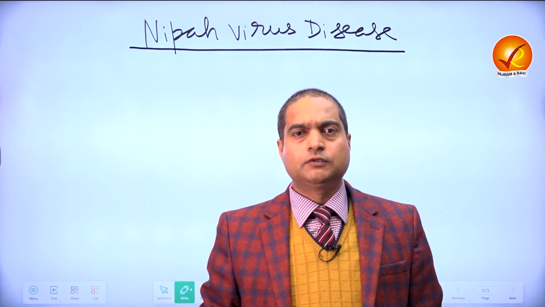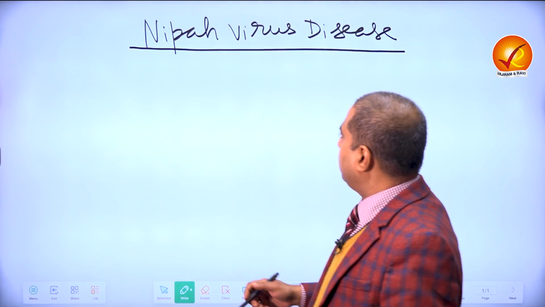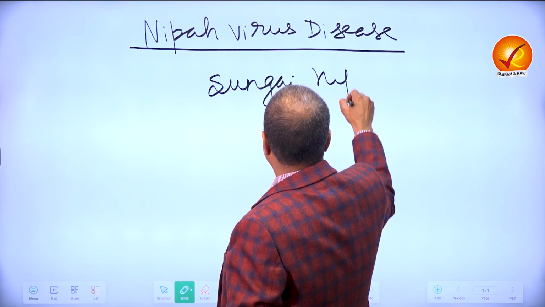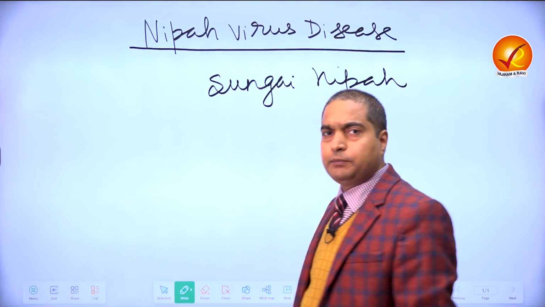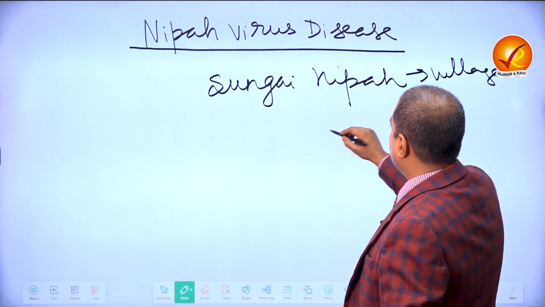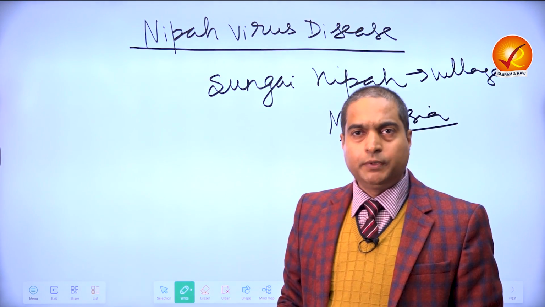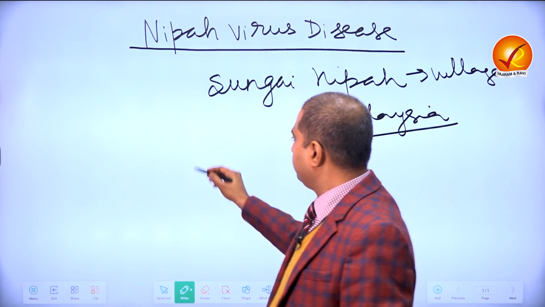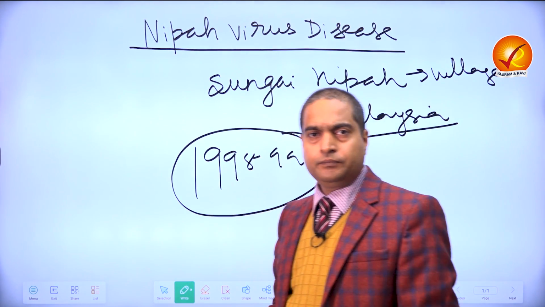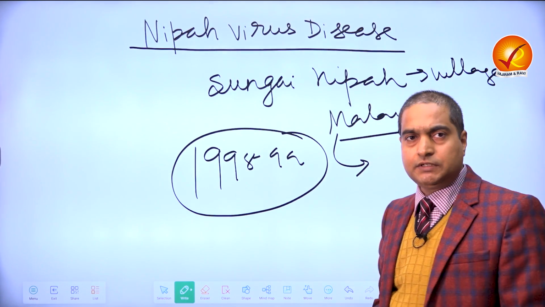How do we discuss this topic so that you have a brief overview and also the wider aspects of the topic? Nipah virus disease. Sungai Nipah is the name of a village in Malaysia where the first outbreak was reported in the late 1990s, 1998-99. Following this, Nipah virus disease also spread to other Southeast Asian nations, including